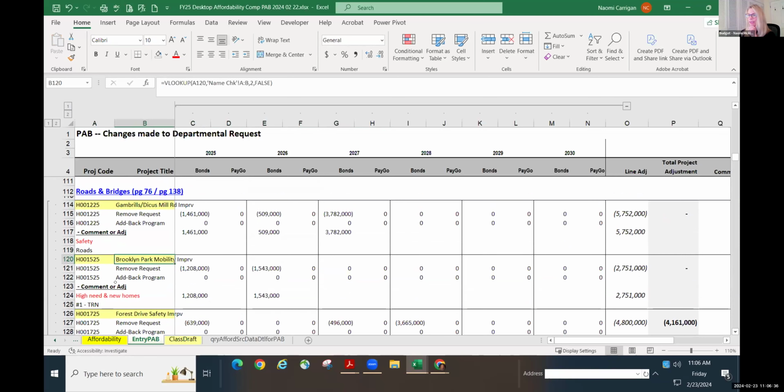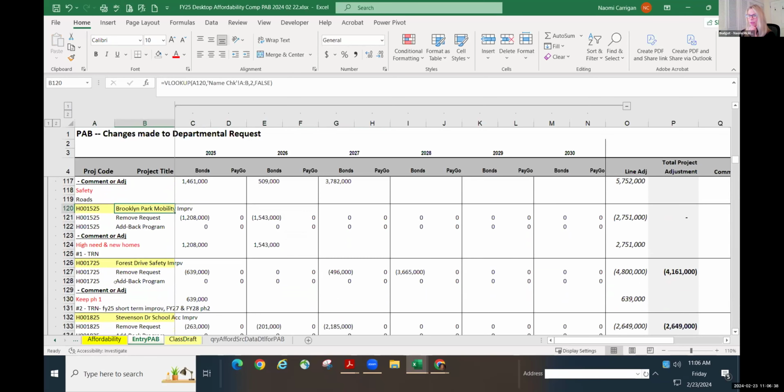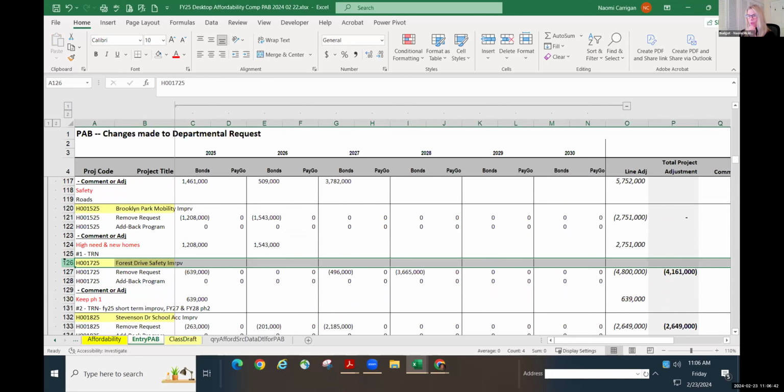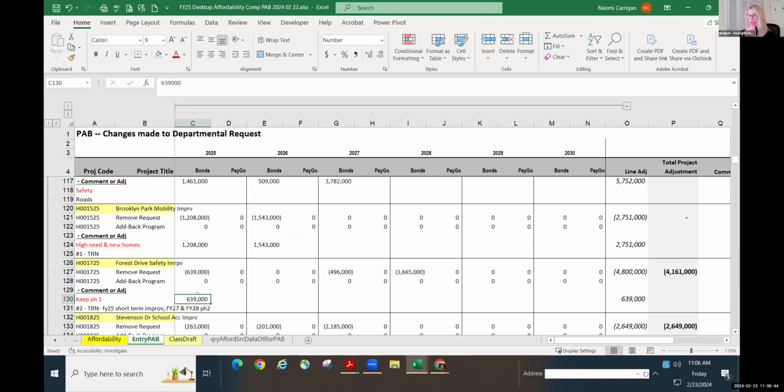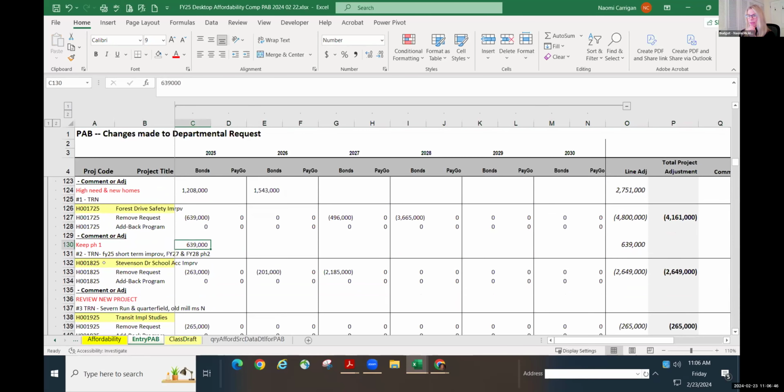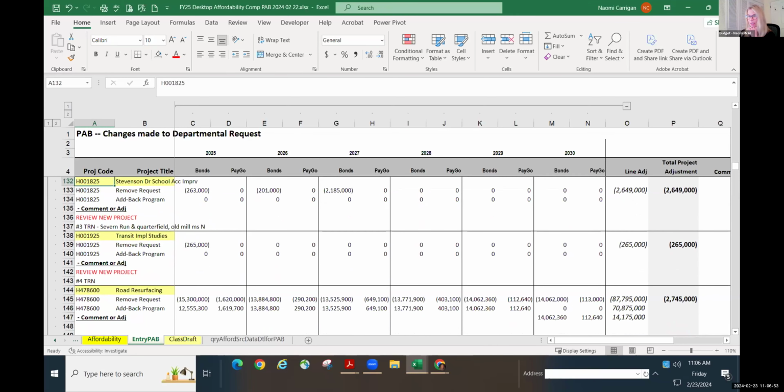Okay, so right now Gambrels is in, Brooklyn Park Mobility is in, which is transportation's number one. So highways and transportation's number one is in there. We have Forest Drive safety improvements, phase one only. And then Stevenson Drive School is completely removed. And then the last new one is transit studies